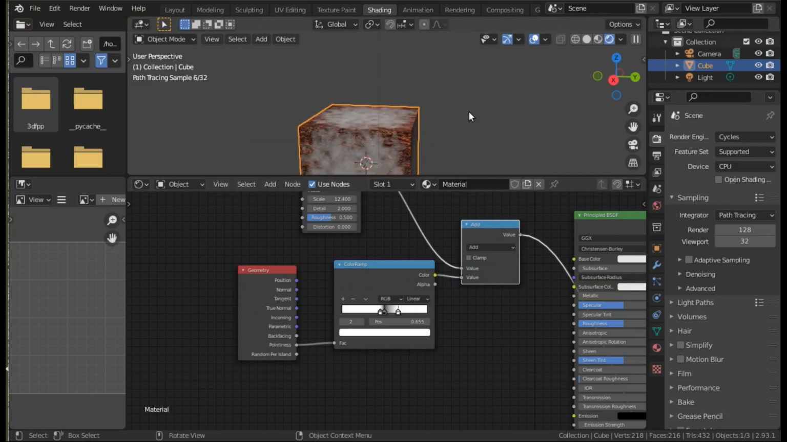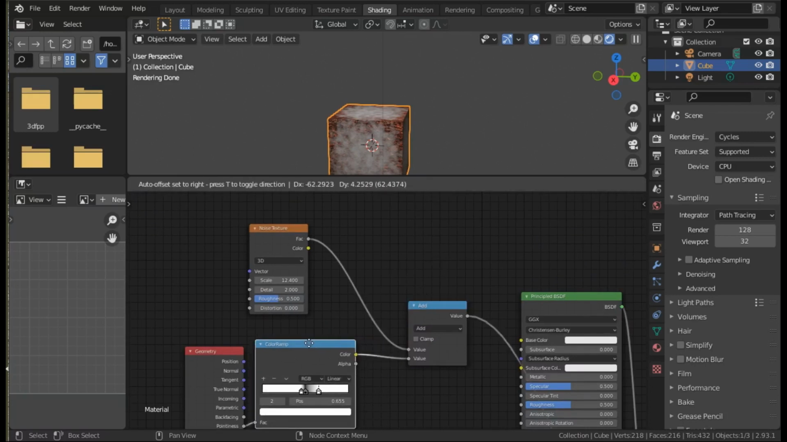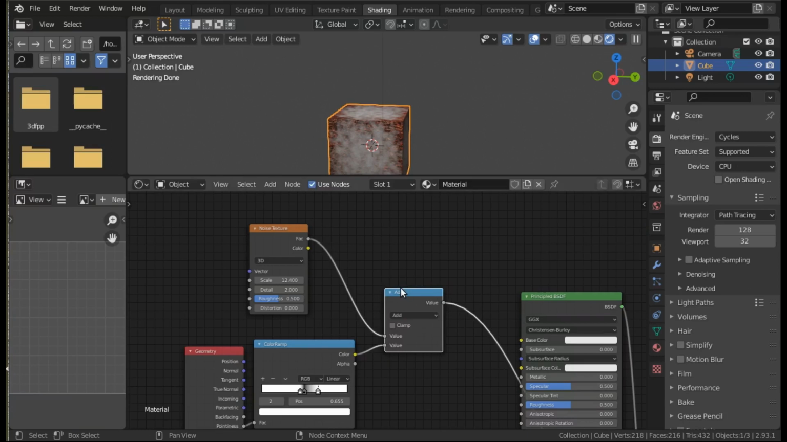We can see that still some of the rustiness is showing through on the faces, so we need to move the colour ramp to adjust the point at which the transition takes place, and we do this by taking the value after the